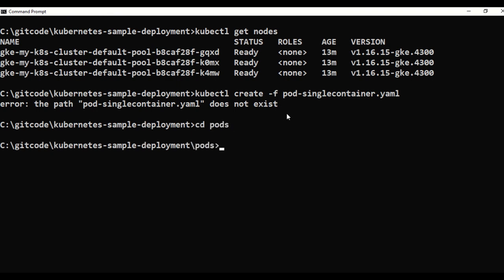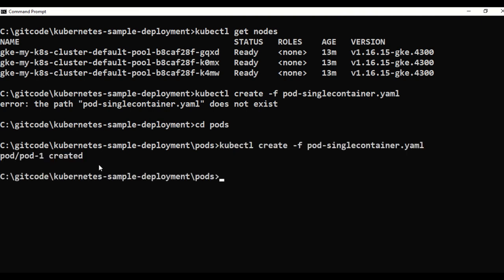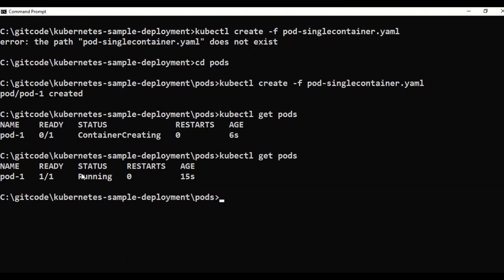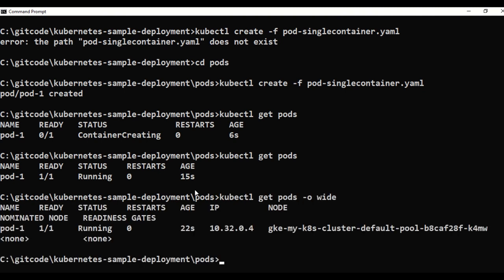Okay, because I'm not on the correct path, let me just run it from here. Okay, it says that it has created a pod and we can see the pods like this. It's still showing the container is creating because it will take some seconds to complete. Okay, now it's showing that it is in running state. We can also check the IP of the pod, as each Kubernetes pod gets its own IP. It is an internal Kubernetes IP which gets assigned, and it will change when the pod restarts or you recreate it; a new IP will be assigned.